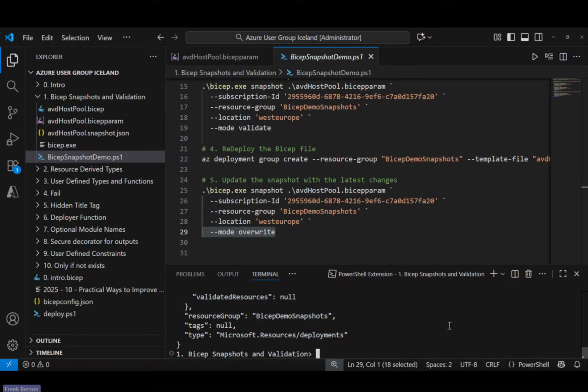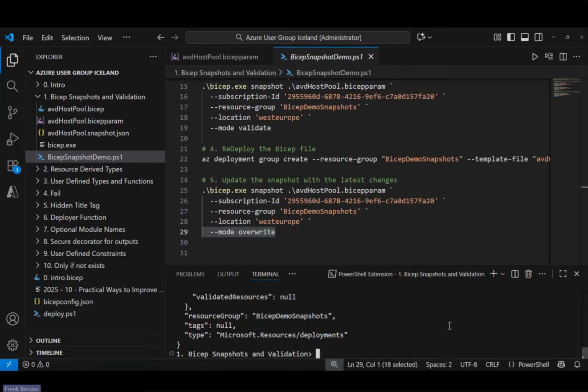Yep, definitely. As you mentioned, the output obviously comes very close to the what-if command, but the fact that you now have this snapshot file that you can also store, and as you mentioned, use later on in all kinds of deployments, is a great way to have that. And it comes a little bit close to what you might be familiar with as state files inside Terraform, right?